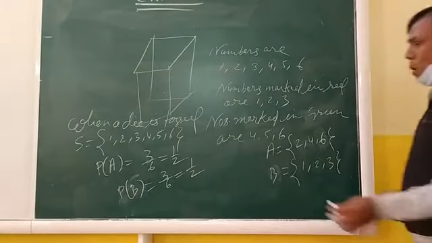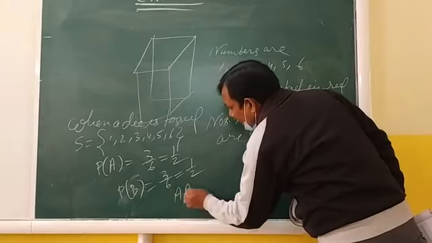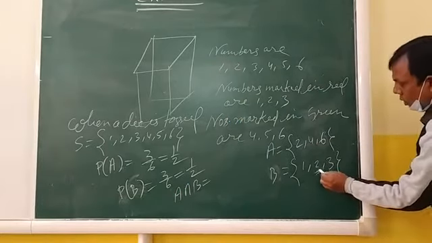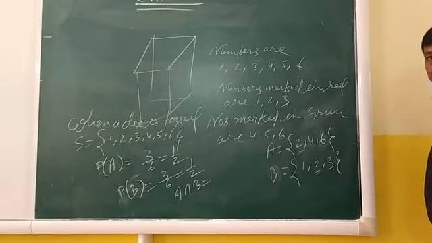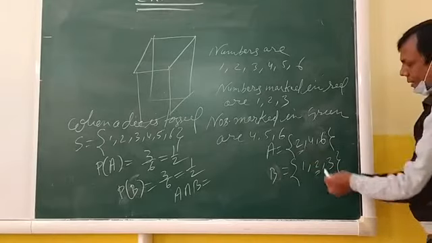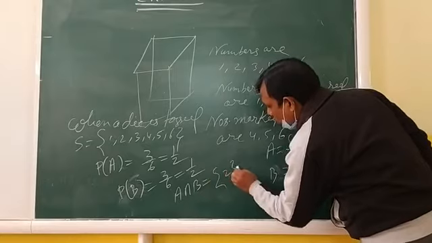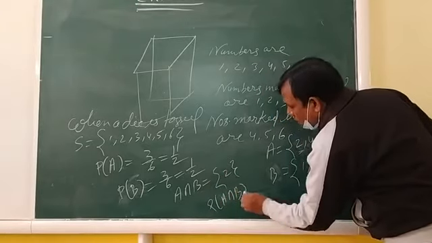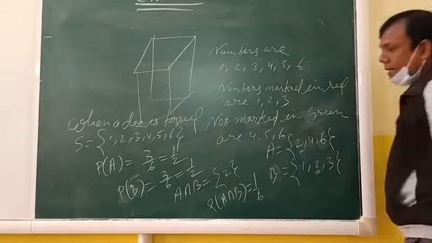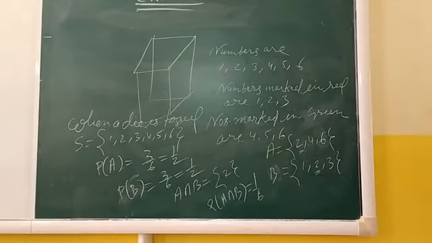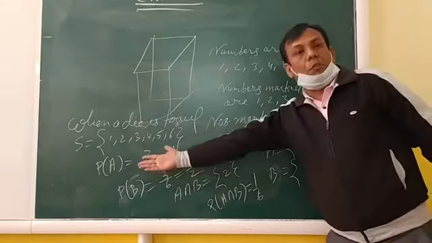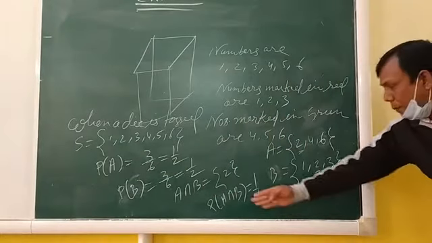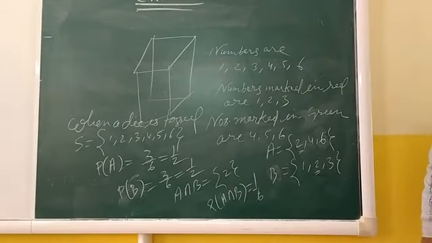Okay. Now what is A intersection B? Check. You will see that 2 is matching and one element is matching. It means that A intersection B is {2}. So what is P(A intersection B)? 1 by 6. Clear? Now we have to check. We have already the information P(A) equal to 1 by 2, P(B) equal to 1 by 2 and P(A intersection B) equal to 1 by 6.